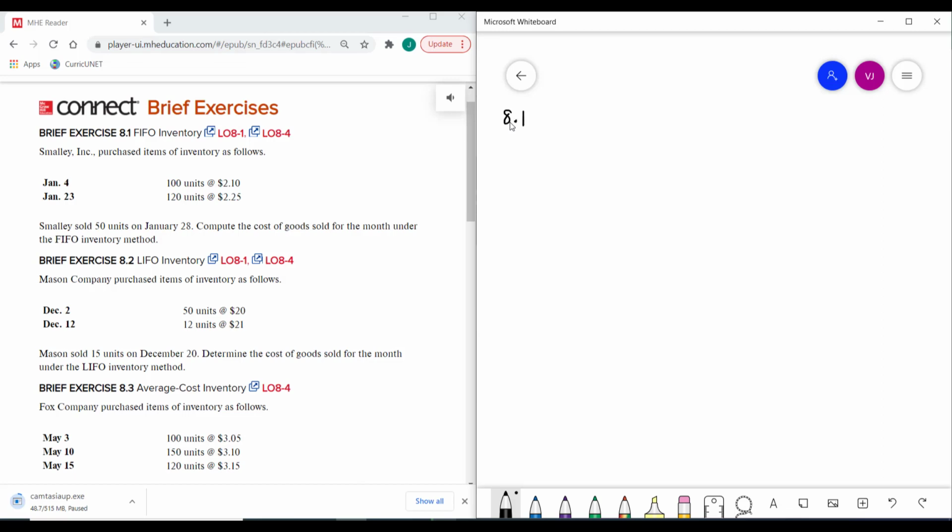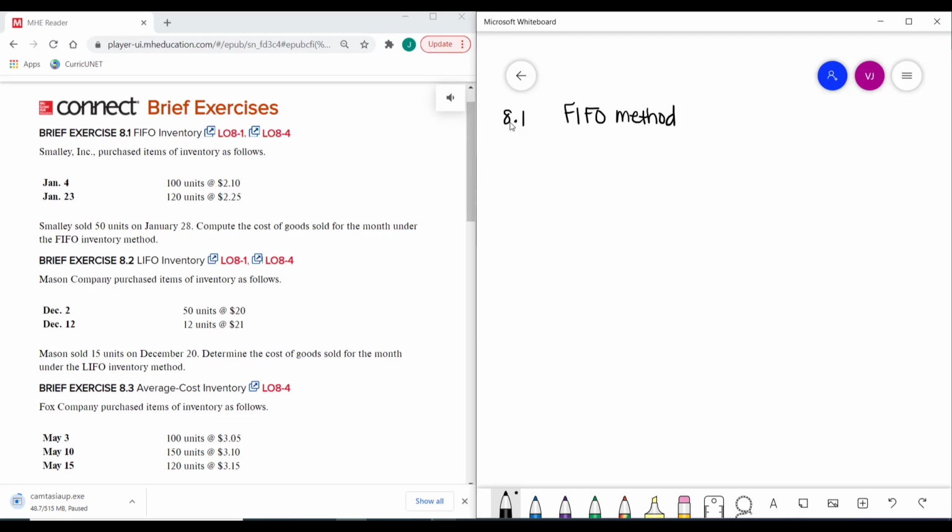So we're looking at Smalley Incorporated. It purchased items of inventory as follows. On January 4th, 100 units at $2.10 each. On January 23rd, it bought another 120 units at $2.25 each. Smalley sold 50 units on January 28th. Compute the cost of goods sold for the month under the FIFO inventory method. Okay, so we're finding cost of goods sold under the FIFO